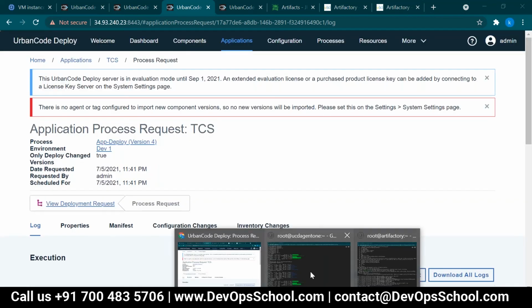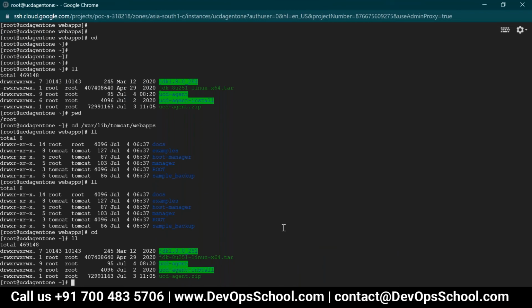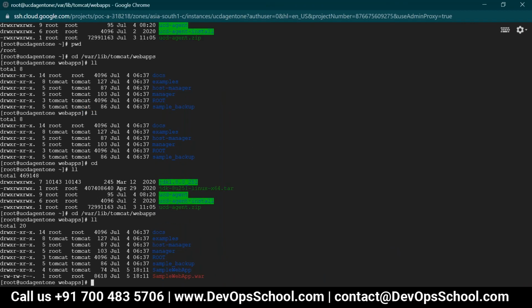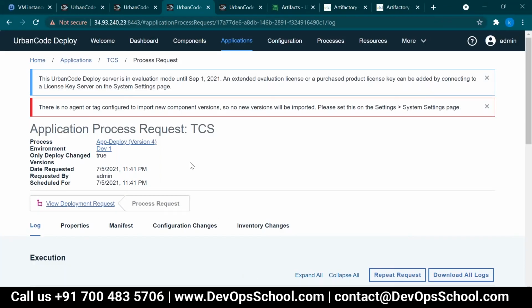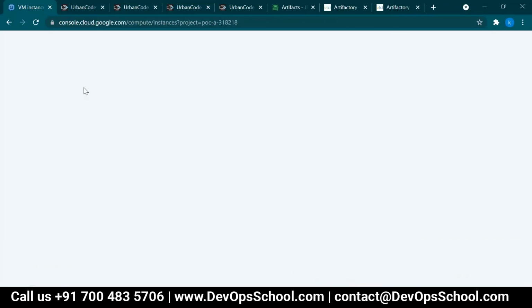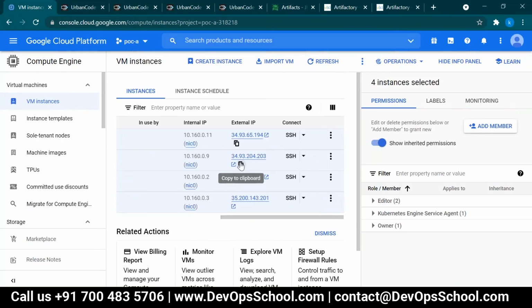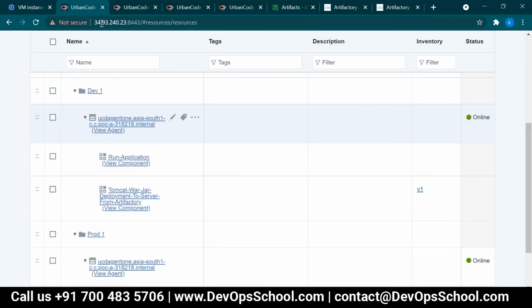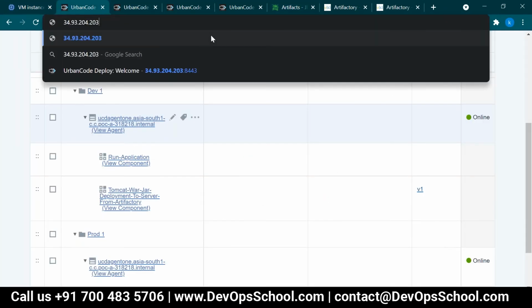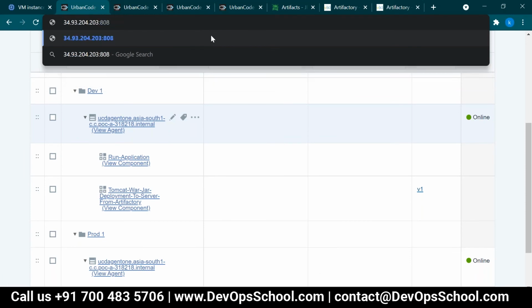Is it copied or not? First we'll see. If you go to root, see if the file is there. See, it is copied. Now access this one. Tomcat, on which port number will it work? 8080, right? We'll try to access here, 8080.